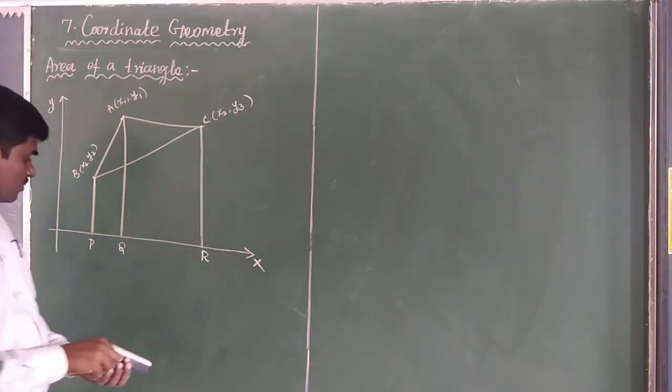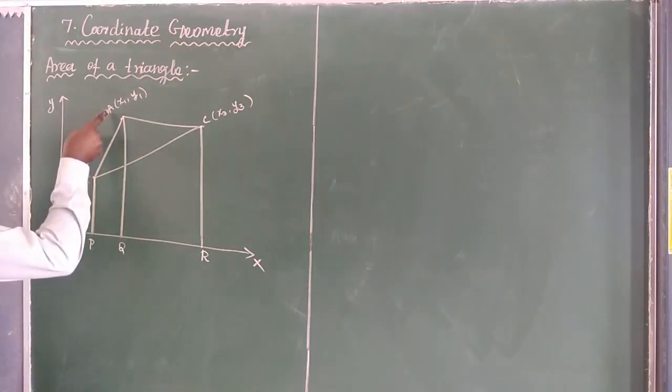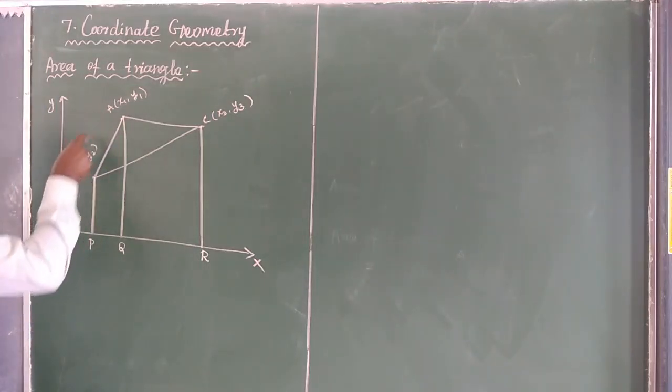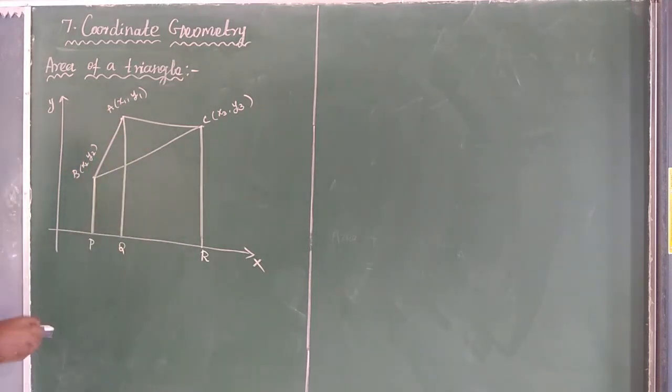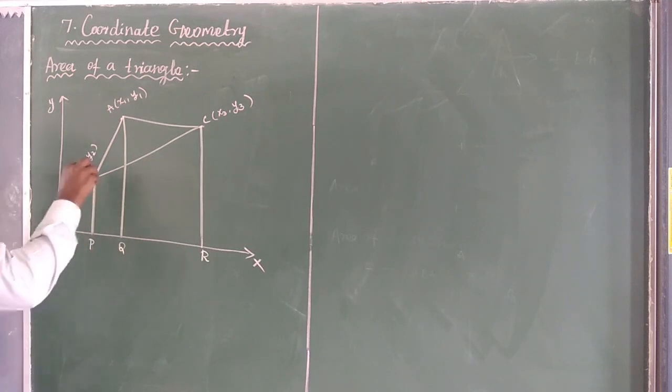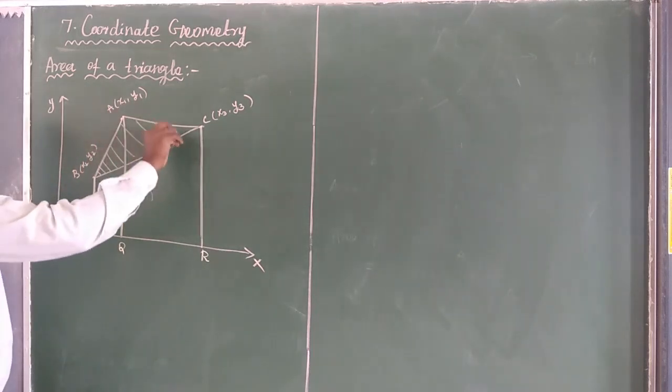Here, three points are here. But I need, what's the distance? I need the area of A, B, C. Area A, B, C. The triangle only I need. Okay? I need the triangle. This area only I need it. Area of the triangle, this particular part only I need it.